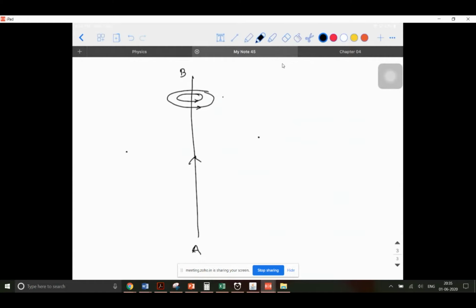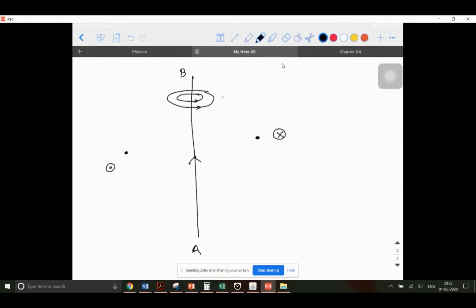That is the meaning. So if the current is flowing in the upward direction, place the thumb of your right hand on the paper in the upward direction. Extend the fingers of your right hand and try to curl. When you curl on the right side, according to this question, are your fingers going towards the paper or away from the paper? It is going towards the paper, which means it is into the paper. Whereas on the other side, it will come out of the paper.